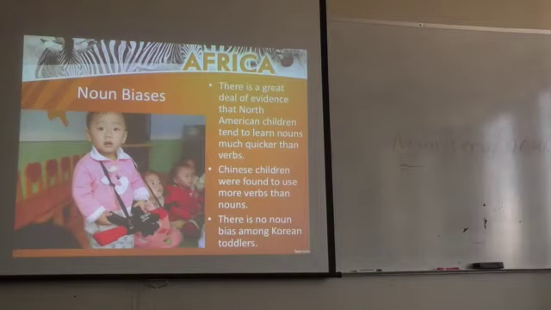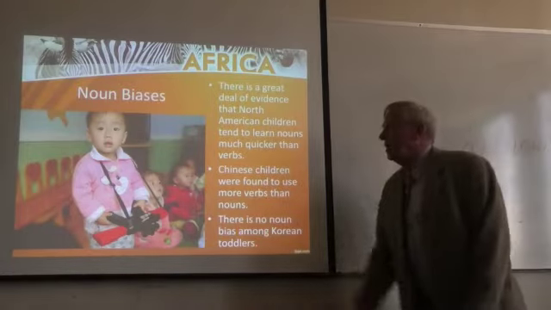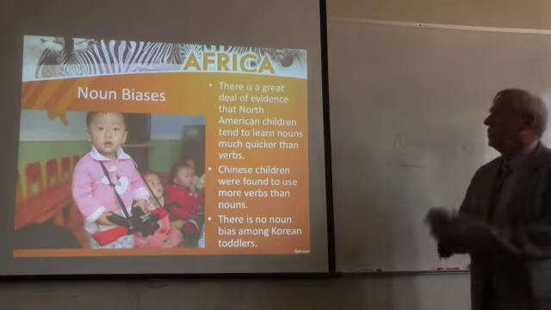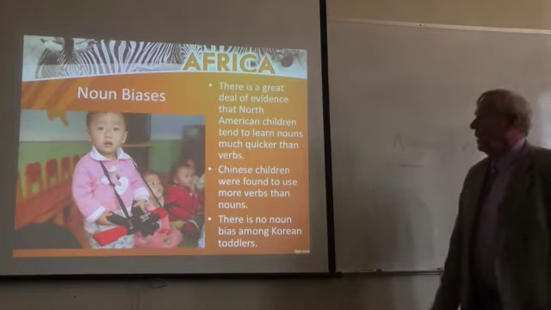This is the way you probably taught your own kids to speak. You probably said, look at that, that's a ball. And then your child said, ball. And then you said, look, this is a car. Car. This is a dog. And they say, doggy. And so then anything that moves that's not human, they start calling doggy, right? Chickens. That's the way my kids do it. They call everything kitty cat because we had cats. So nouns are far more important to Western people than verbs are.